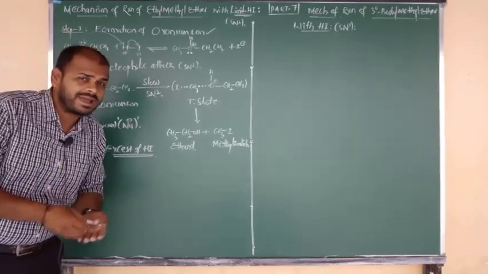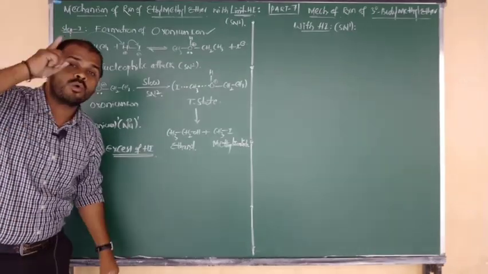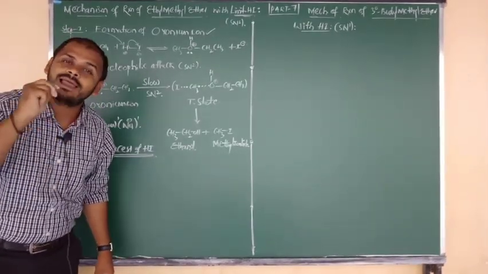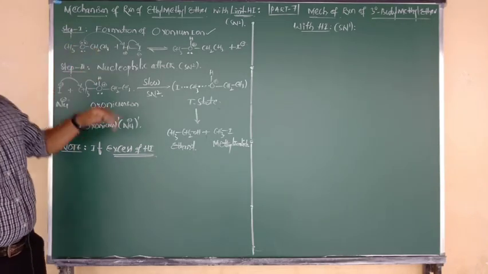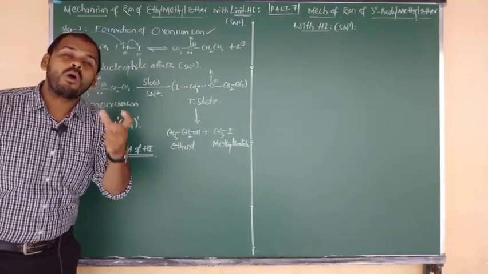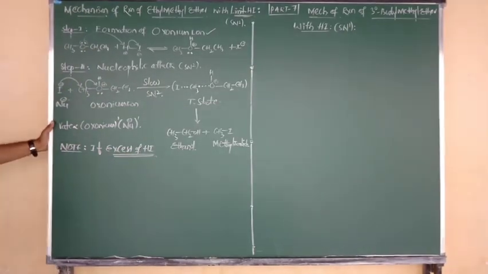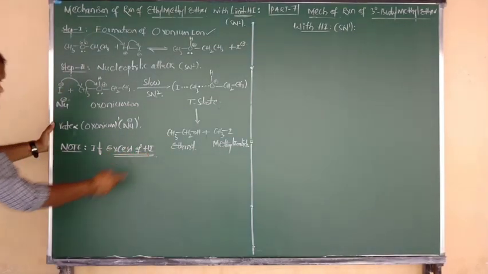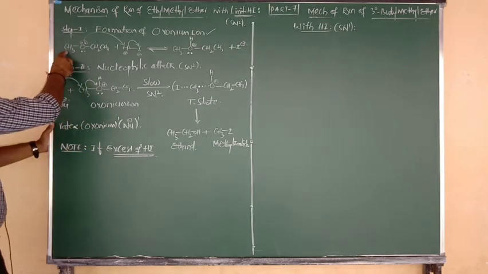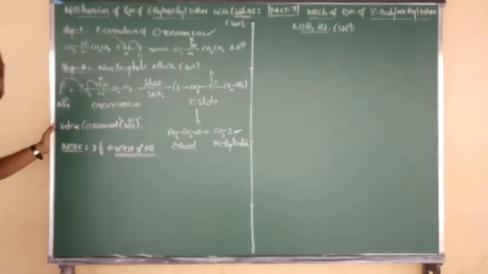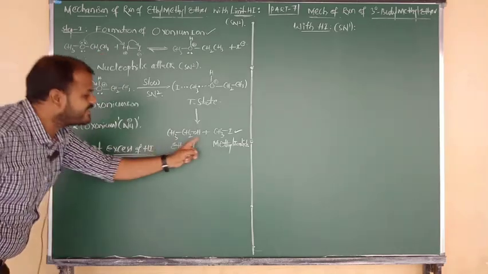Yes, this reaction I have already told you. Ethyl methyl ether on reaction with excess of HI gives only one type of product, alkyl iodide. But here the 2 alkyl groups are different, so you will get methyl iodide and ethyl iodide after the loss of a water molecule. We saw this clearly yesterday. Now I am going to give the reaction. Upon reaction with excess of HI, the given ether gives how many products? 2 products. One is methyl iodide, and one more we have to get is ethyl iodide. That ethyl iodide we will get from ethyl alcohol.